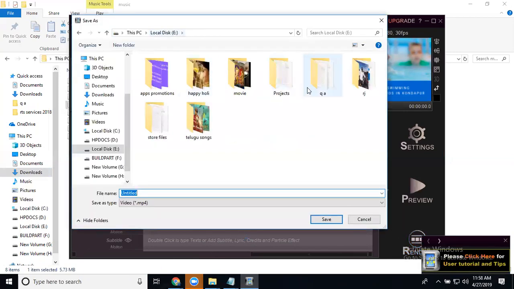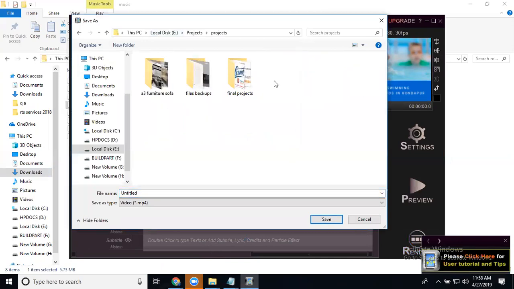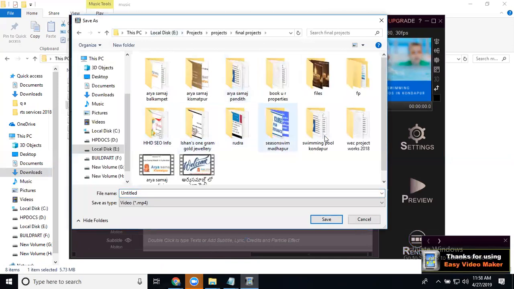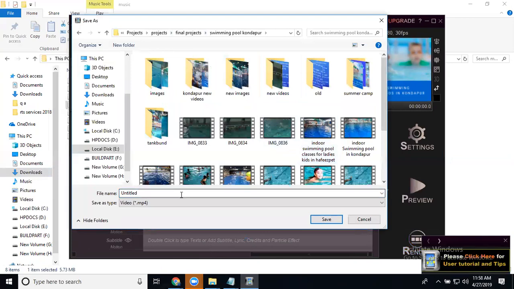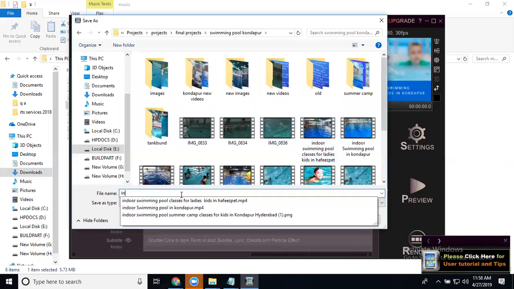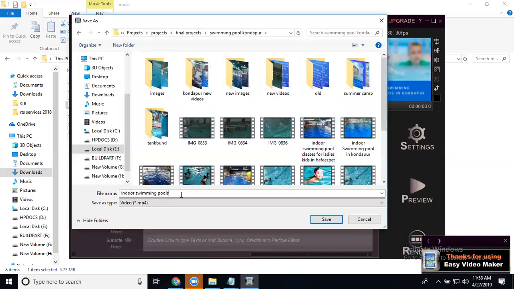Now click, add your file, your option. Select your folder. Properly select your folder option. Hyderabad. Now click for